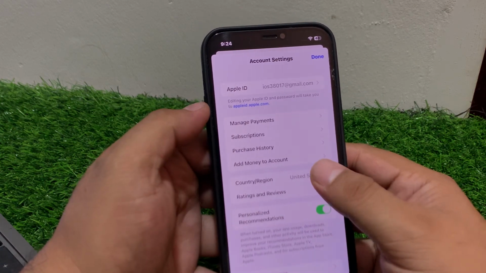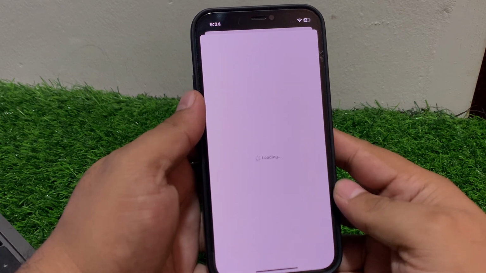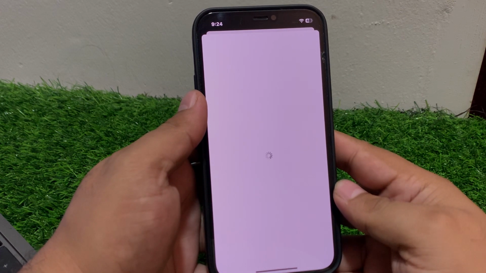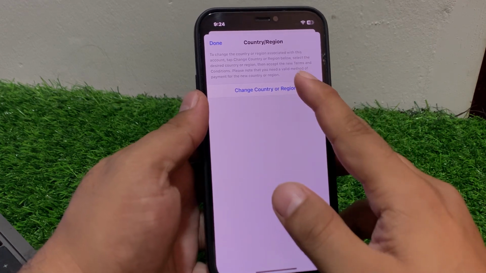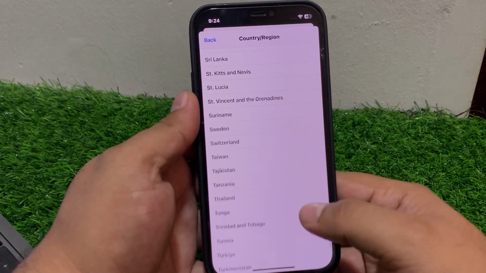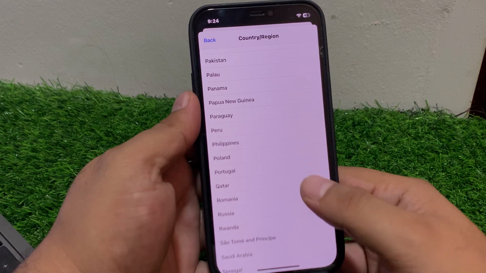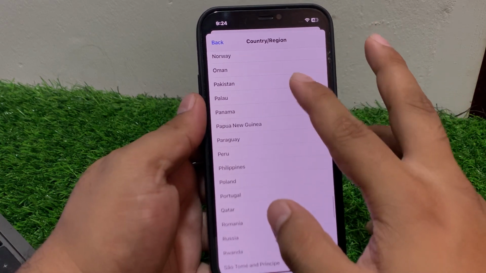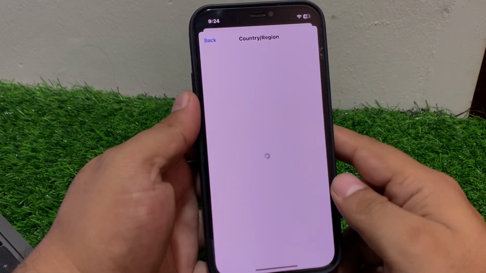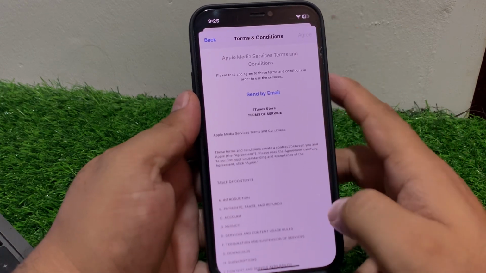You can see tap on country and region. Wait 5 to 10 seconds, tap on country and region. Select your country or region. My country name is... You can see agree terms and condition,